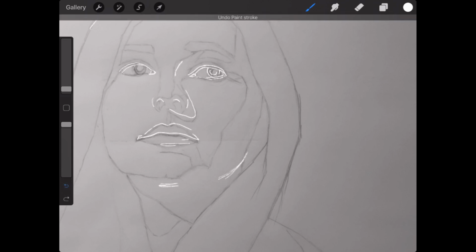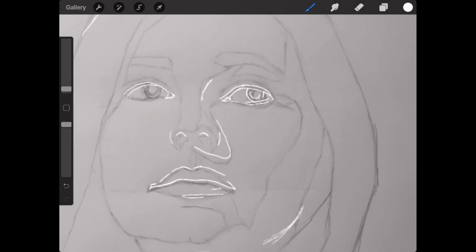So just knowing where that separation is, a little mark. It doesn't need to be a full line. It doesn't need to connect. In fact, it shouldn't. Just a little bit where you see that crease, maybe a little bit where you see the change in the underplane of her chin, because that's where the bony mass of the chin actually ends. And that should help you when you're working on those shadows.